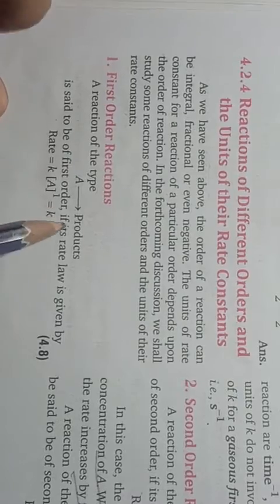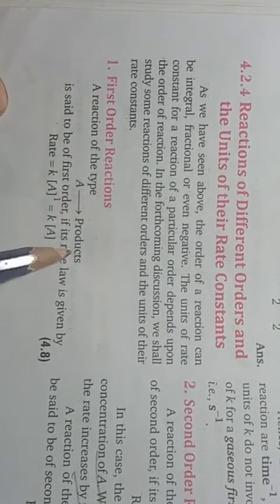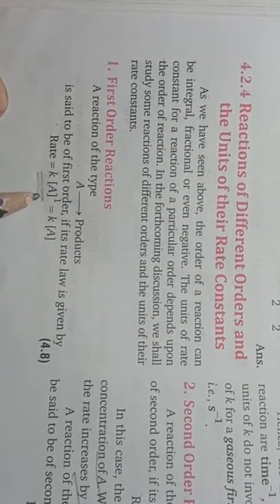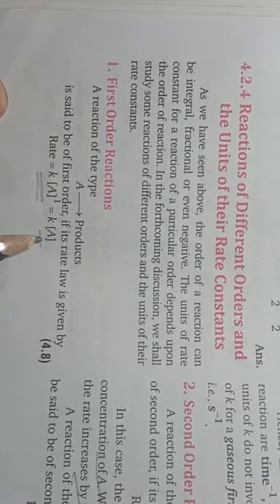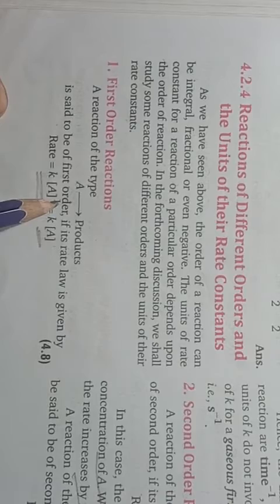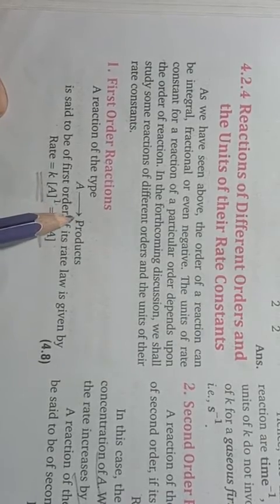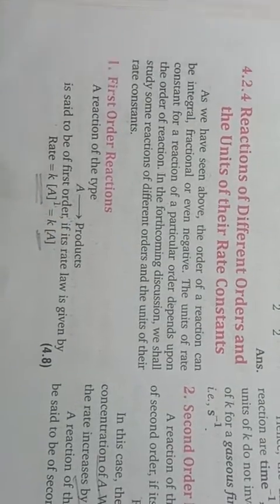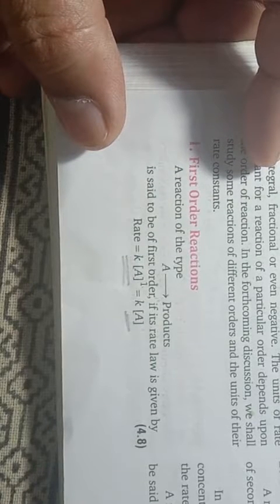So for example, if this is a hypothetical reaction, A forms products, and the rate law is this. Okay, the rate law is this. It means the order of reaction is 1 for this reaction. Now, if more than one reactant is taking part in the reaction, then